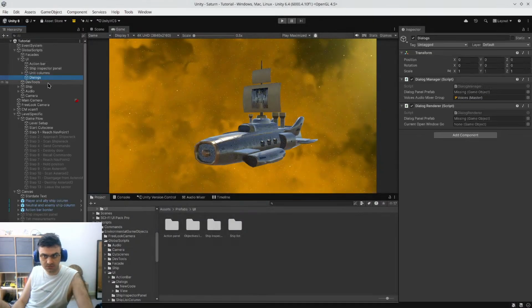Do I need a prefab? I don't really need a prefab. I can just give the object